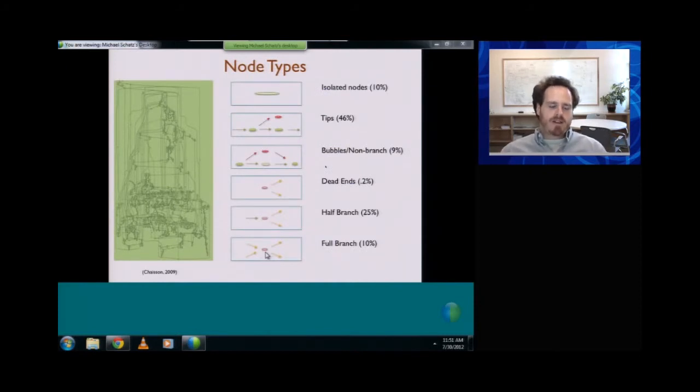That sort of graph compression is very fundamental to this genome assembly problem. There are other sort of parallel graph algorithms that need to take place to recognize different motifs. So we need to identify something called tips, bubbles, dead ends, half branching, full branching nodes. In the interest of time, I can't explain how all those different parallel graph computations take place. But the remarkable thing is that it all works very, very efficiently in MapReduce.